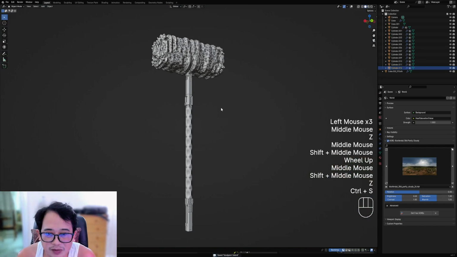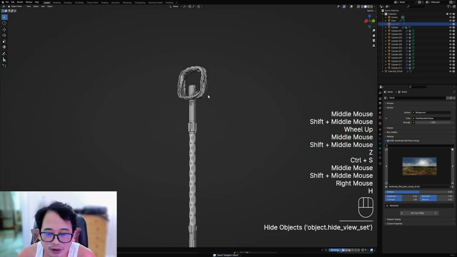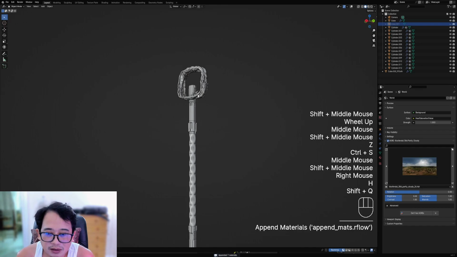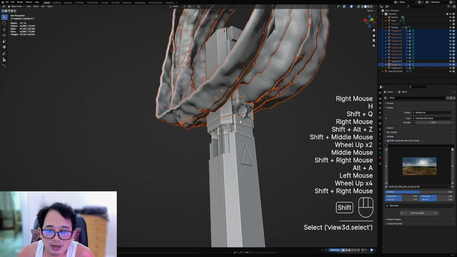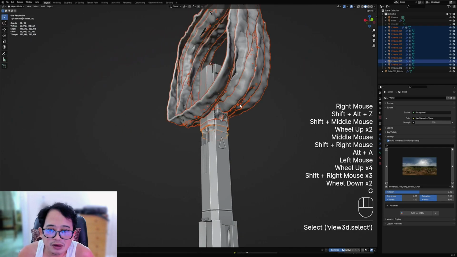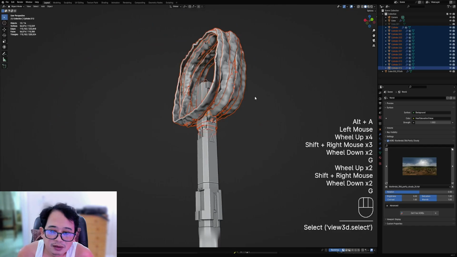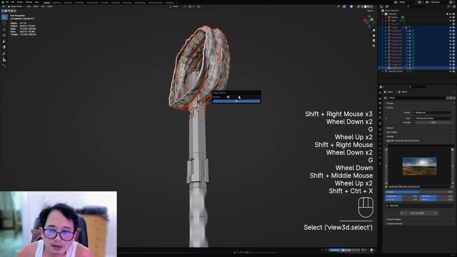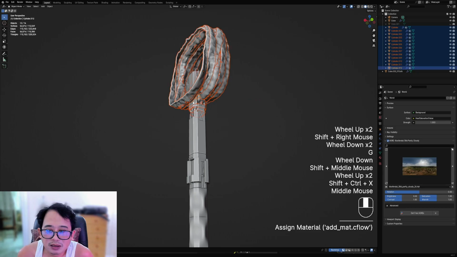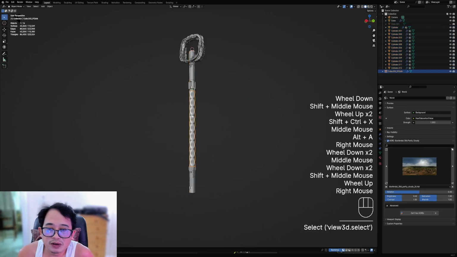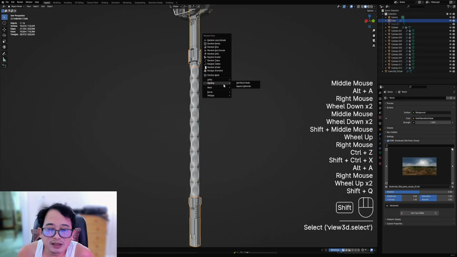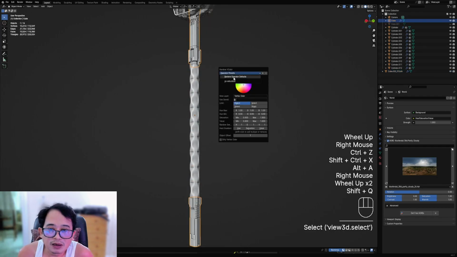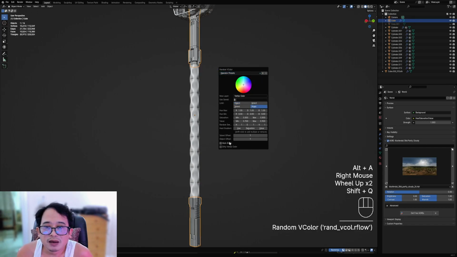So in here, I'm going to append the materials from the shading feature of Random Flow. So 7 materials appended. For the cloth, I'm going to use the cloth shader, selecting all the cloth objects and adding the cloth material using Creative Flow. And for the sci-fi bit, I'm going to add the ARF, okay, use random vertex color first, and then